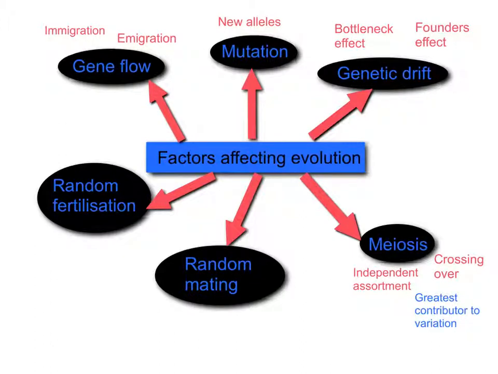We'll start with mutation, simply because, as you know, mutation is the only way of sourcing new alleles into existence, basically. We'll talk about this in a second. You can have gene flow, so you can have alleles coming into a population and leaving a population, but the only way of generating new alleles within a population is mutation. However, mutation is not the biggest source of variation. It is the source of new alleles, but it is not the biggest source of generating variation within a population,